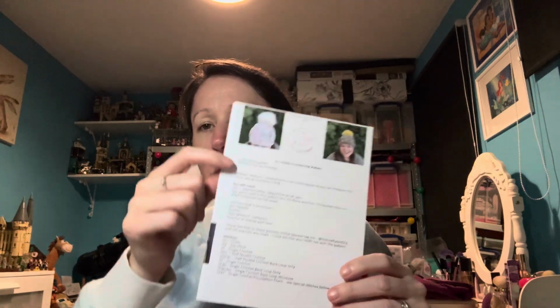We've got 2 patterns inside. They're both the same pattern, but one is a knitting pattern and one is the crochet version. I'm obviously not a knitter, so that is surplus to requirements, but with my crochet one, we had a slight issue with the printing. I did reach out to Crafty Bird to see if it was just my one was a bit dodgy and could I have a replacement or a PDF,